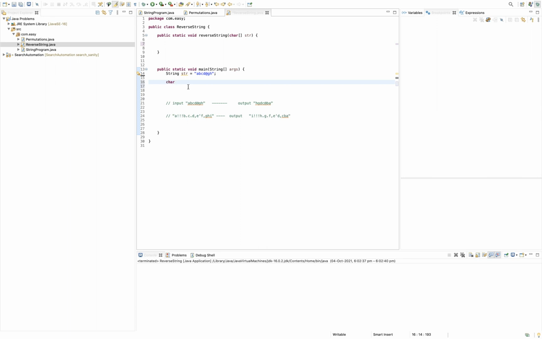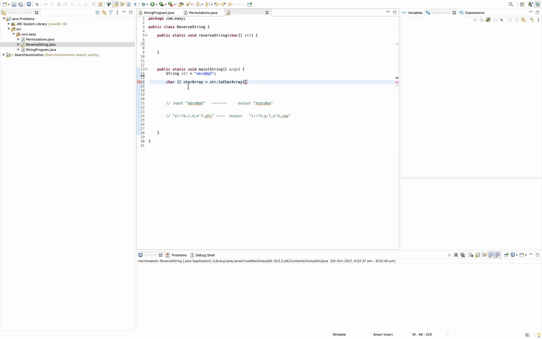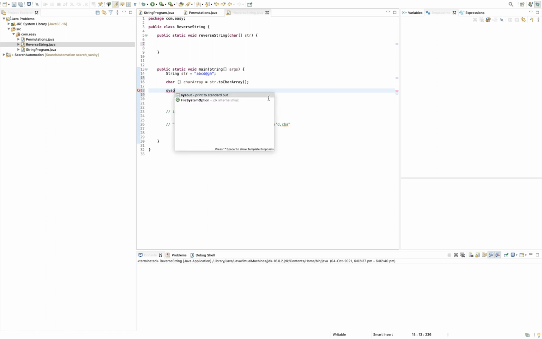So I will take this character array. The variable name is charArray, and there is a method toCharArray. Now we will be printing the input string as well as the output string once we write the program.